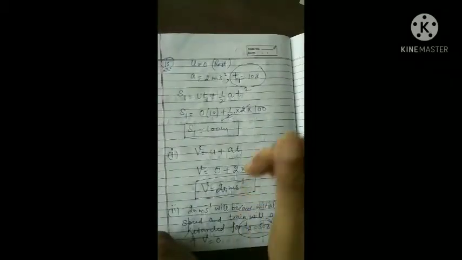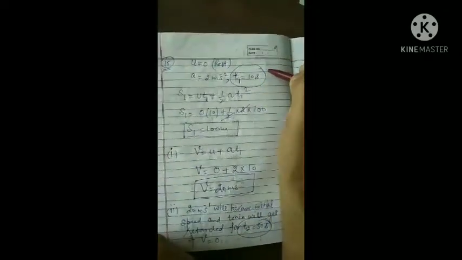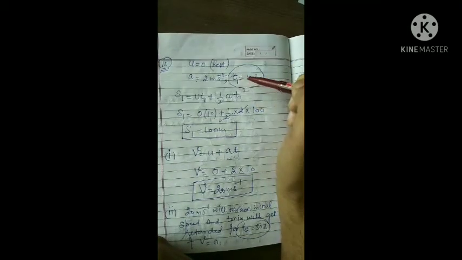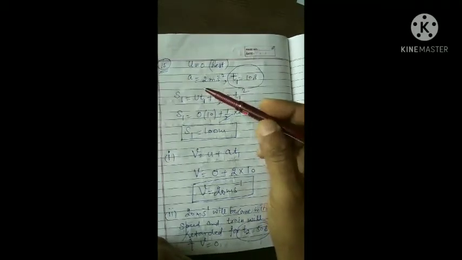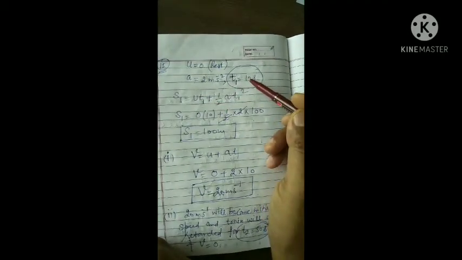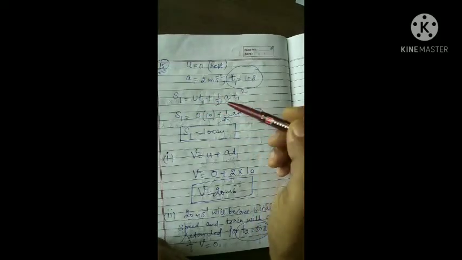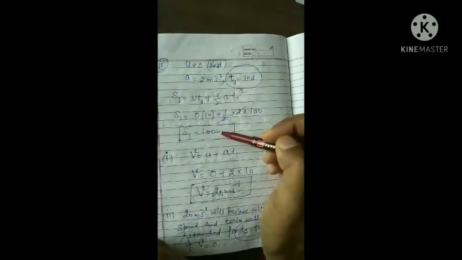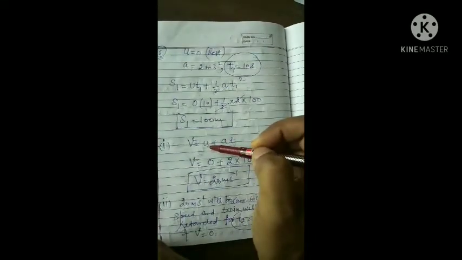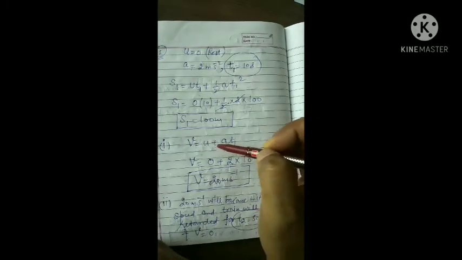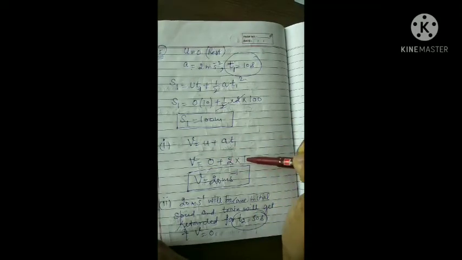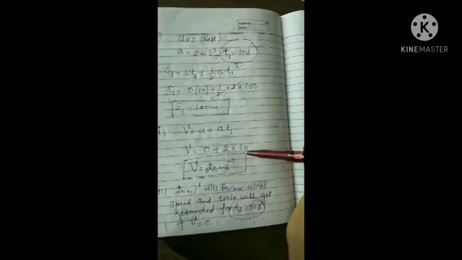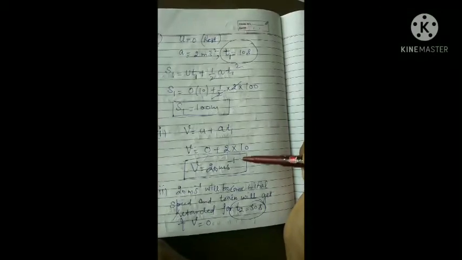Now the last numerical, 15. A train starts from rest and accelerates uniformly at a rate of 2 meter per second square, and the time is 10 seconds. Now distance for that time interval is s is equal to ut plus half at square. U is 0, so it will become half at square. S is 100 meter. Now first part, you have to find the maximum velocity reached. So v is equal to u plus at, v is equal to 0 plus 2 into 10, that is 20 meter per second.